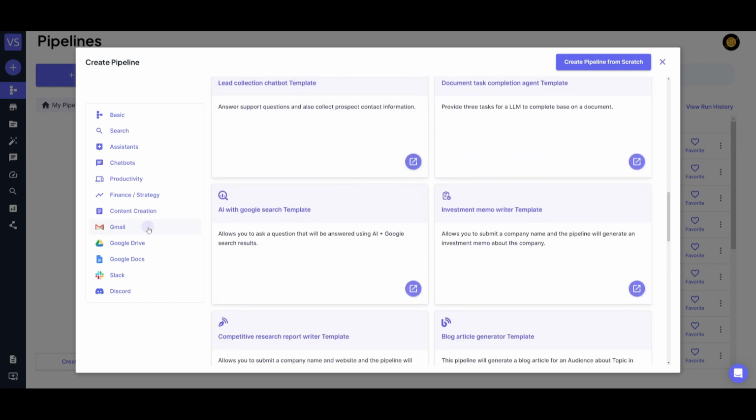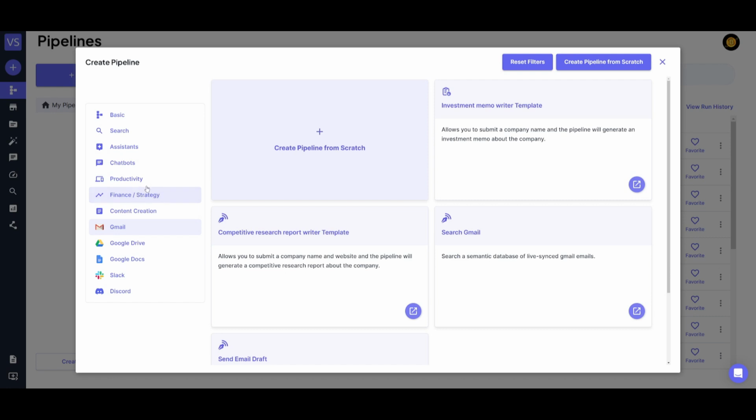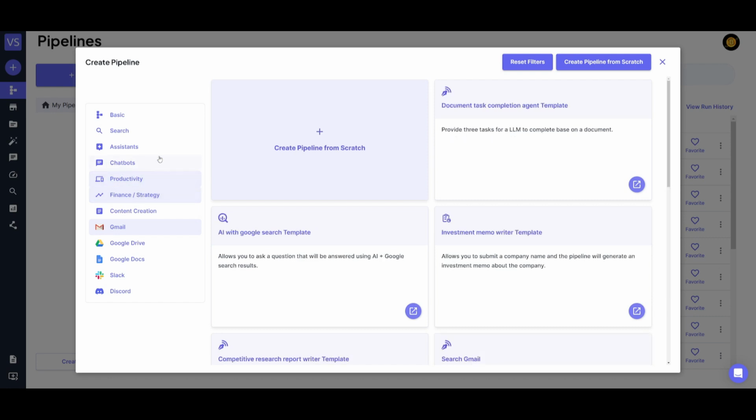if you're going to be doing something like Gmail lead automation. You can do certain things in the finance and strategy field, productivity, where you can create a document task completion agent, and so many other things. But now we're going to start off by just creating a pipeline from scratch by simply clicking on this,